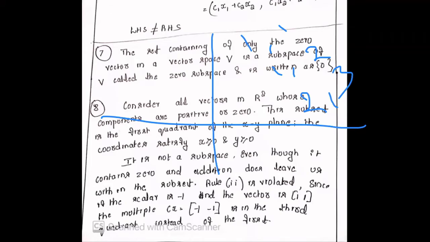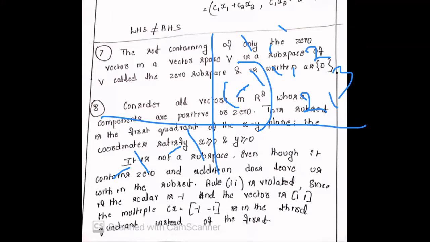But since C can be a real number, if you consider -1, then -1 times (1, 1), what do you get? Addition is working, but when you multiply -1 into (1, 1), what you get is (-1, -1). That is in the third quadrant. So when you multiply the constant -1 with a vector present in the first quadrant, (1, 1), you are getting a vector in the third quadrant. So that means the first quadrant is not a subspace. That means the condition x greater than or equal to 0, y greater than or equal to 0 is not a subspace.